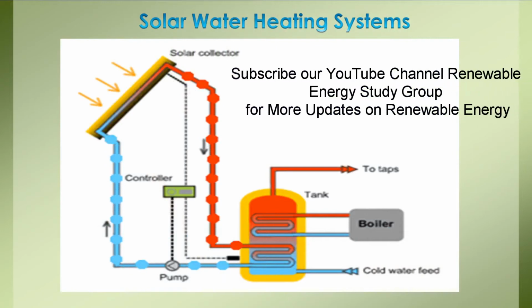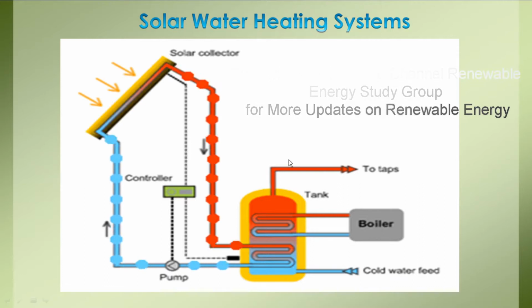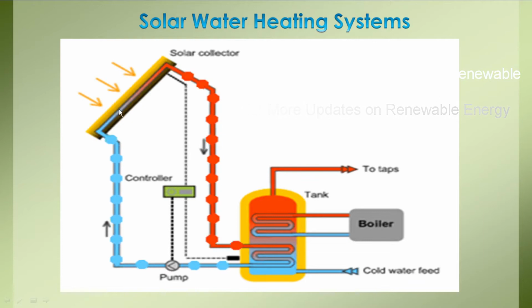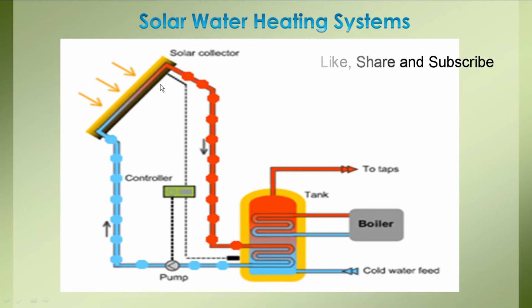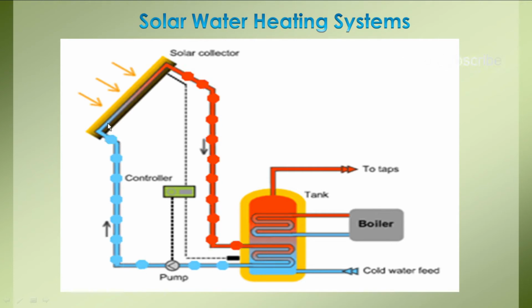In a solar water heating system, we are taking the heat from the sun rays and converting it into heated water. Basically, the supply of cold water is given to the collector field. In the collector, the solar absorber is located and a number of copper tubes are arranged in a parallel combination. Whenever the sun rays fall on the solar collector, the solar absorber absorbs the heat from the sun rays